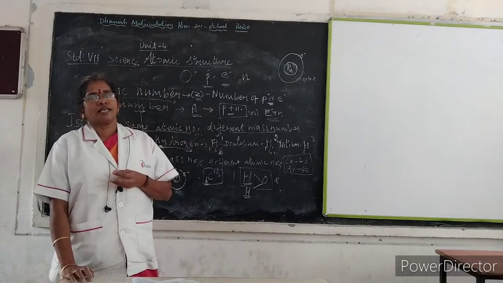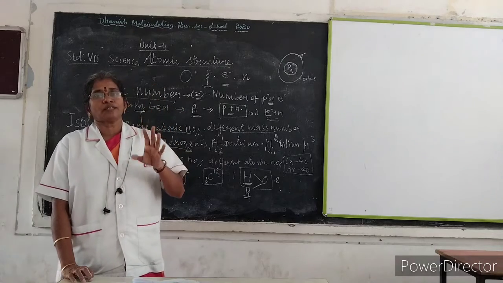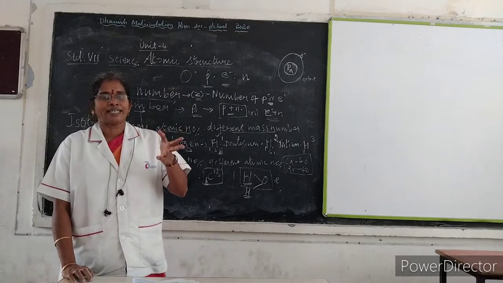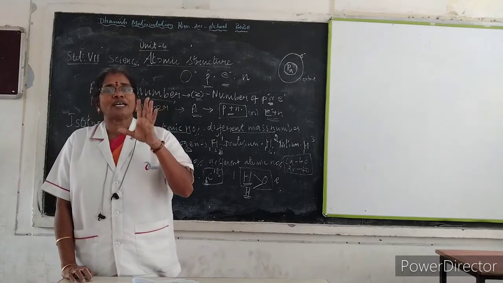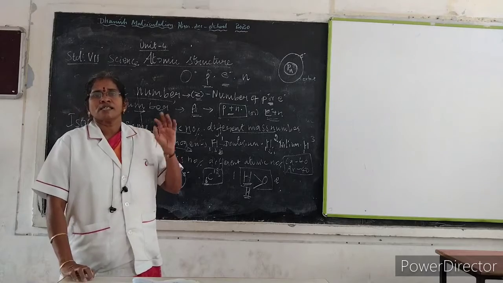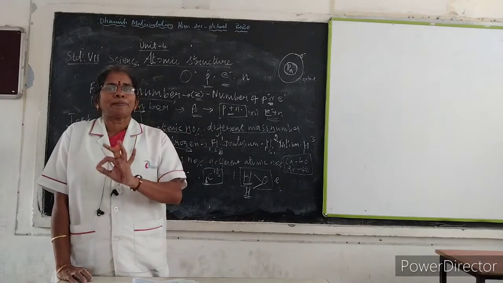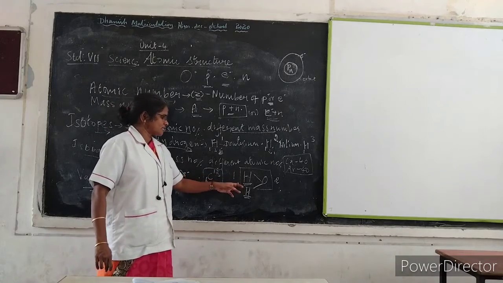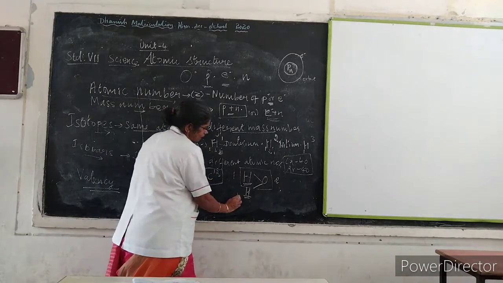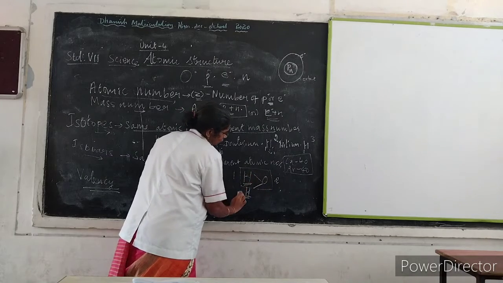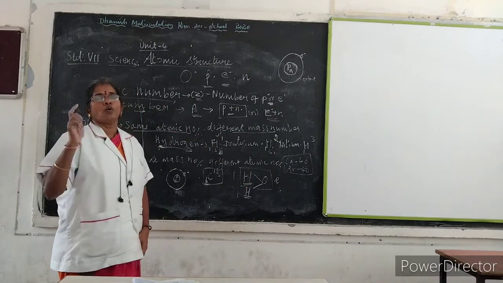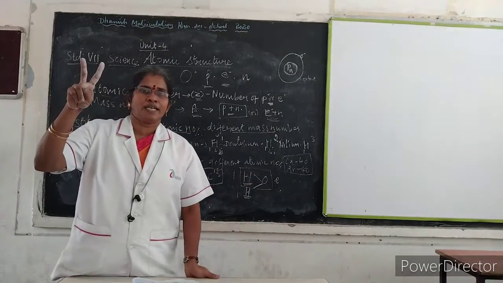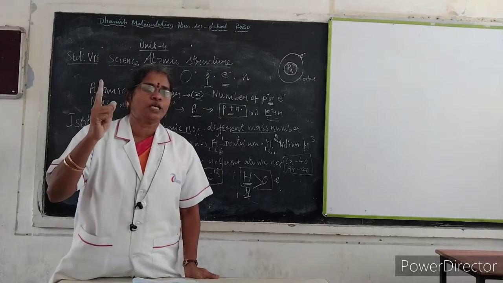In other words, the number of atoms which can combine with hydrogen, we can call that also a valency. Yes, valency is nothing but the combining capacity of an element. Here hydrogen has valency 1, and here also hydrogen has valency 1. So when you write water, H2O, O has the valency 2. That means oxygen can combine with 2 other elements, but hydrogen can combine with only one element.